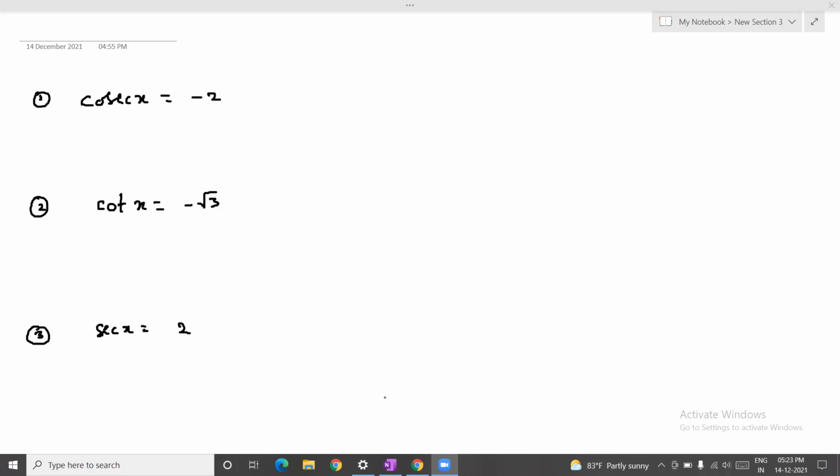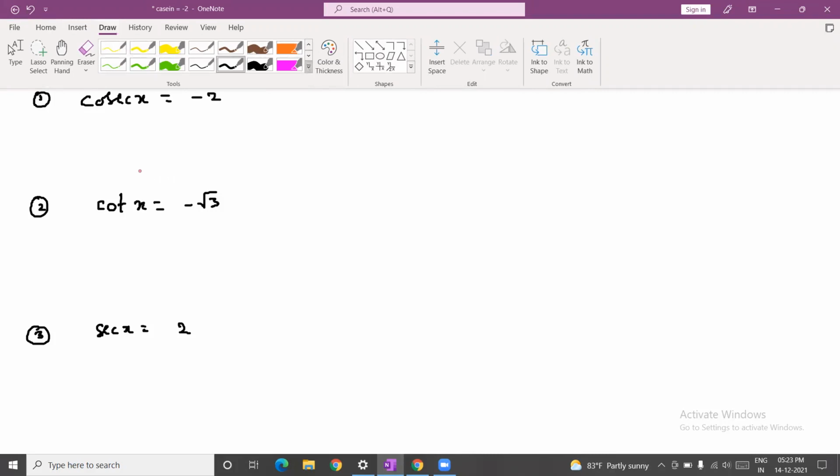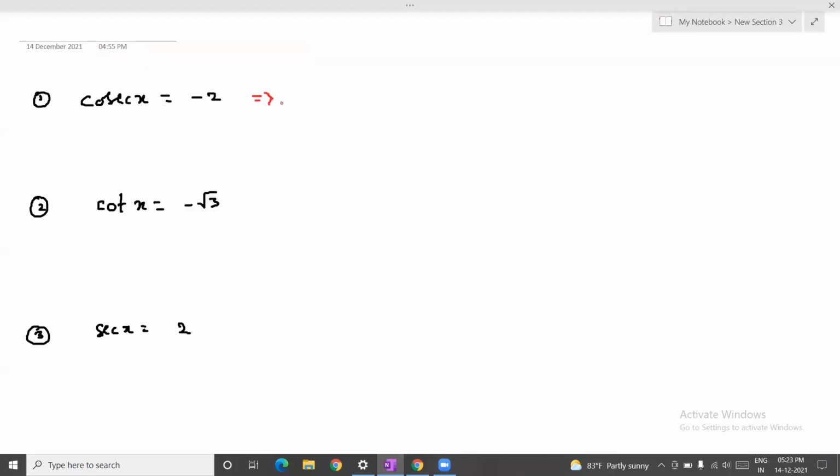Yeah. It's very simple. I'm starting with the first question. So convert into sine. It's the easiest one because there is a direct conversion into sine. Cosecant x, if I'm converting into sine, I will get sine x equal to -1/2, which can be written as minus sine pi/6. Correct? This can be written as sine of pi plus pi/6. So my equation is sine x is equal to sine of 7 pi/6.